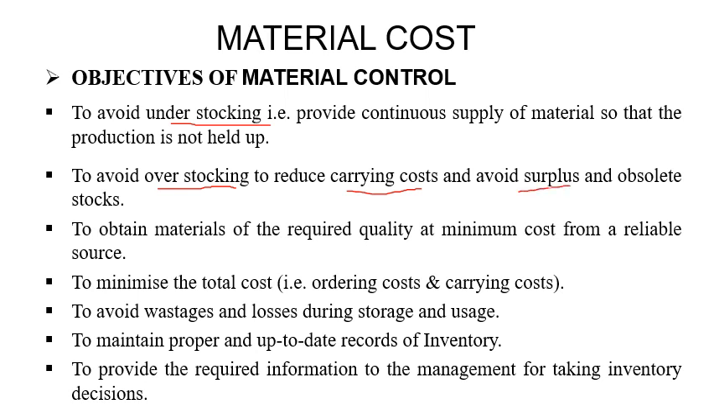To obtain material of required quality at minimum cost from reliable sources. Through material control we can easily obtain material of good quality at minimum cost from reliable sources. Means through material control we achieve that we can get the material at minimum cost, and also the quality of the material. To minimize the total cost, that is, the ordering cost and carrying cost. As we have discussed, these two concepts, ordering cost and carrying cost, we are going to discuss in detail